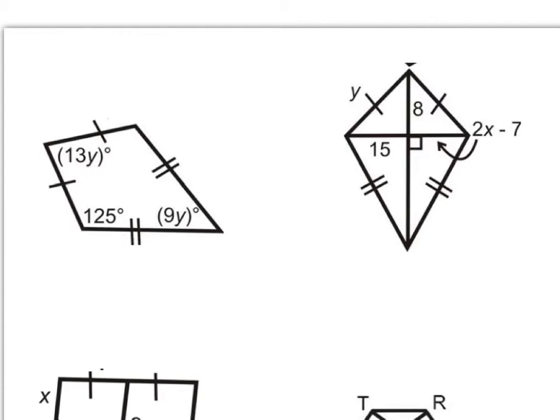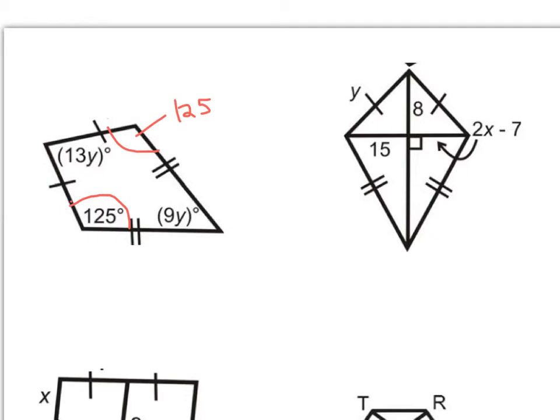So in a kite, one thing that we want to know is that two of my angles, opposite angles, are congruent and two aren't. So the two that are the ones that are connecting the short side and long side. So in this case, this is going to be 125. Now, why is that helpful? It's helpful because I know that all of the angles in a quadrilateral need to add to